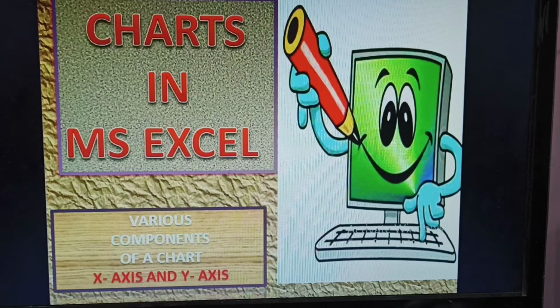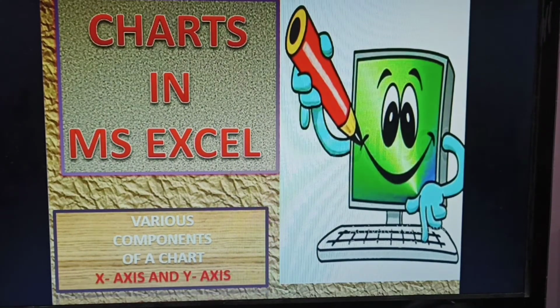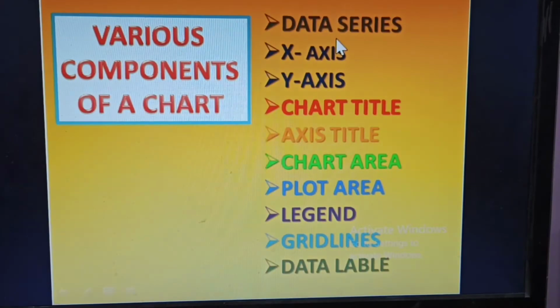Hi, yes. Charts in MS Excel, the various components of a chart. The second point is the x-axis and y-axis. In the previous video, I explained the data series.